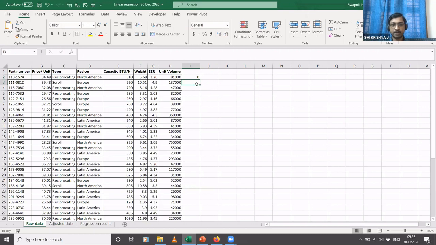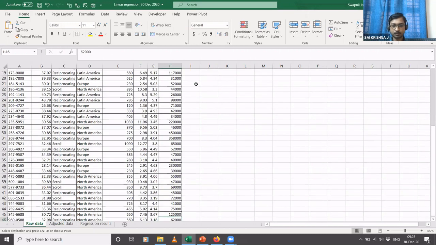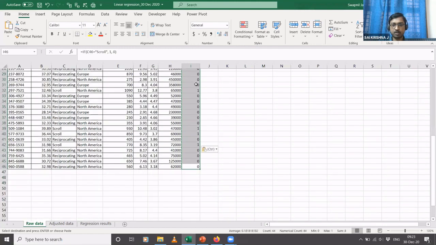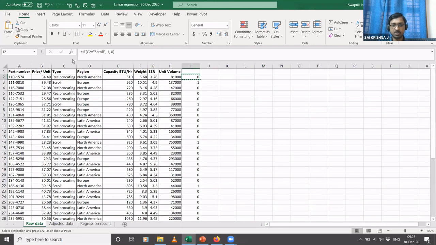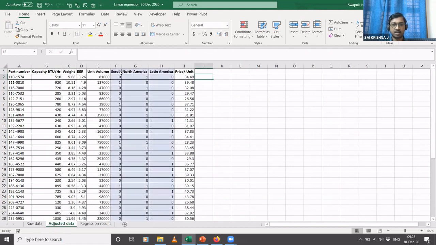I'll just extend this formula up to the end. You can see that here we have a scroll compressor, so this column takes a value of 1. Here we have a reciprocating compressor, it takes a value of 0. This is the column which I'm labeling as scroll in the adjusted data, that is this column F. Similarly, we have one column for North America.